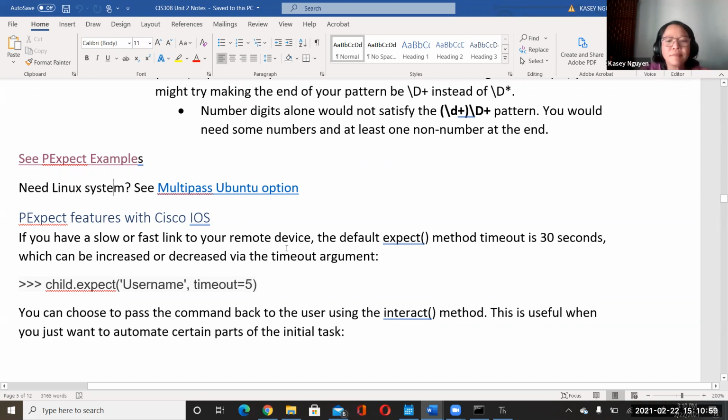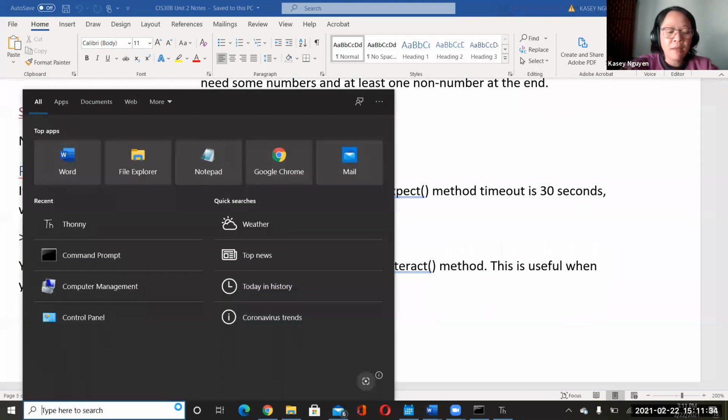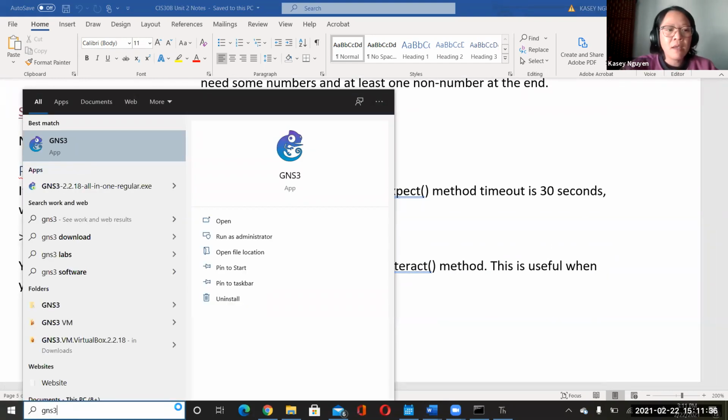So an example that we would use in Cisco is when you would set up where it would look for a timeout, like 30 seconds or 5 seconds. And you can use the timeout argument to specify the value here. In this case, we have 5 seconds. If you wanted 30 seconds, you just specify it as 30. And you saw earlier, if we wanted to give back the control to the user, we would use the interact method. So just to give you a little bit of a glimpse of what we're going to be doing, here is.